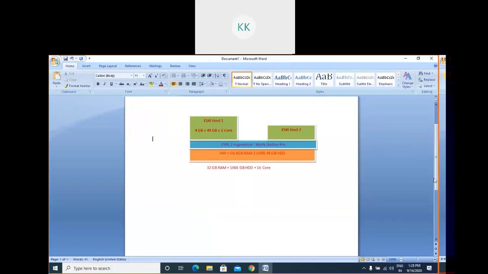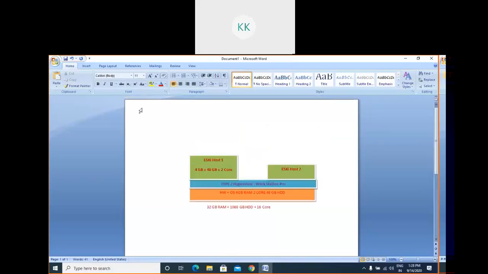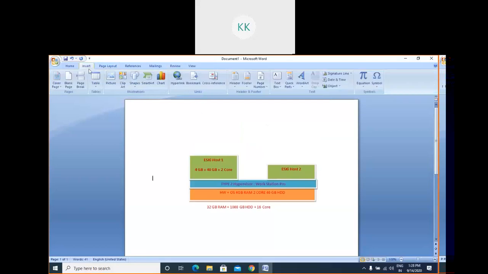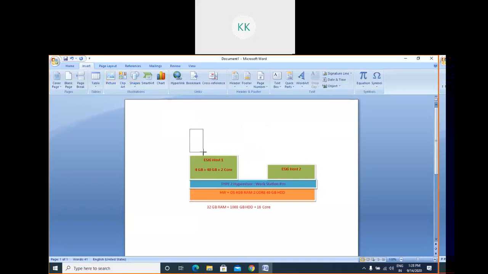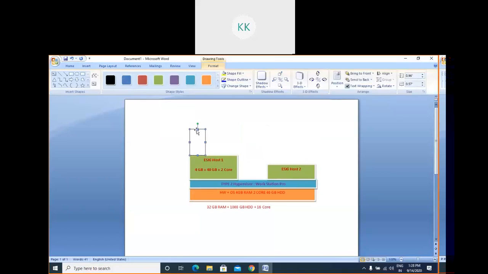Okay, now see, today we'll do up to this part. In the last practical we have done up to this part. Now today we'll do this part. Once you provision this, on top of this infrastructure I am going to provision a virtual machine. Say suppose I will not make more than 2 virtual machines. Now suppose this is one virtual machine.